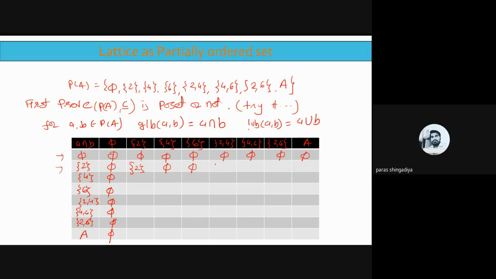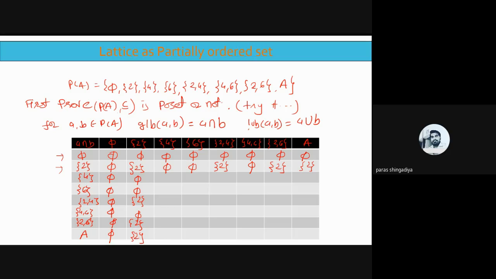Then after 2 with 2 4, तो उसमें 2 common है, तो यहाँ पे intersection में आएगा 2. 2 with 4 6, तो no any common number, so answer is 5. 2 with 2 6 में common 2 है, so answer is 2. और 2 with A, okay, singleton 2 intersection capital A is here 2 6 4, okay, so answer will be the singleton 2. Clear? And use this answer in this column. Here it is a 5, then after 5, then after 2. Clear? 5, it is a 2, and that should be a 2 here. Clear? So it is answer of this one.